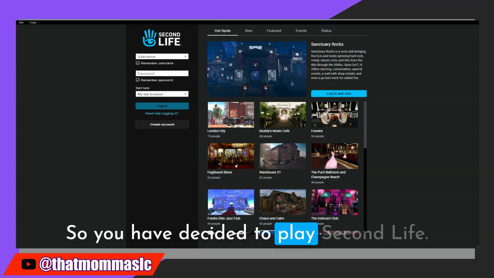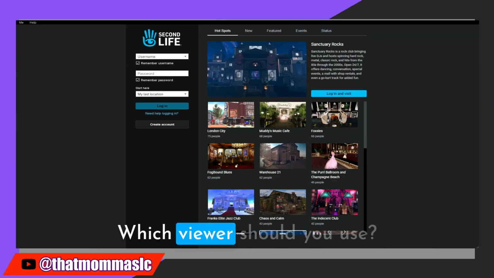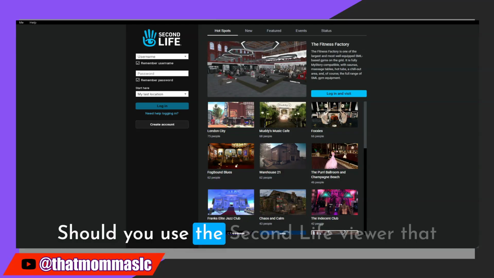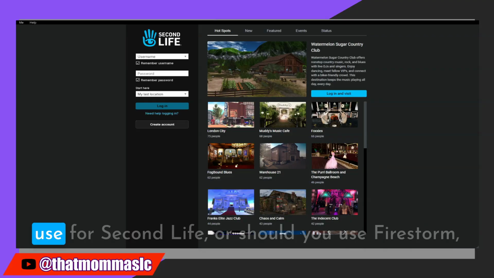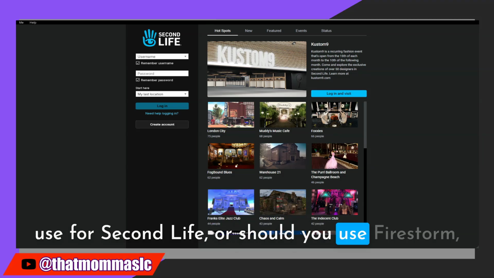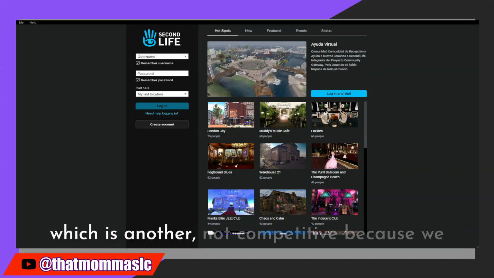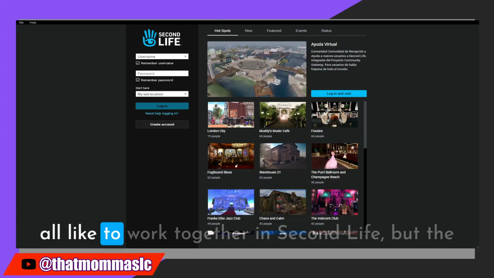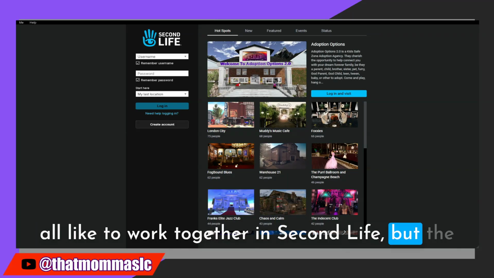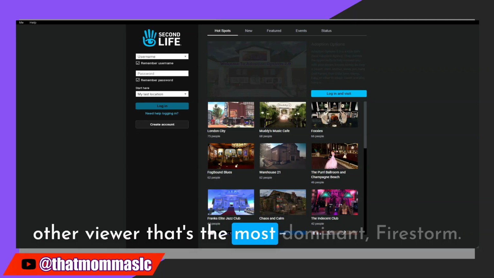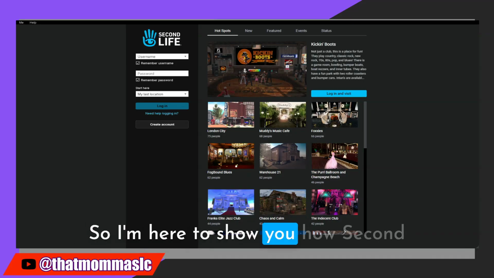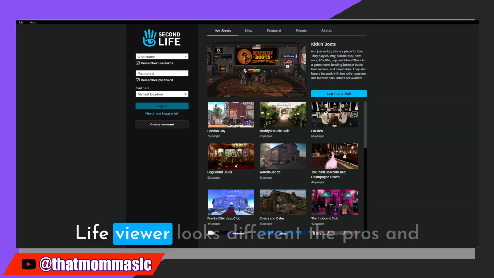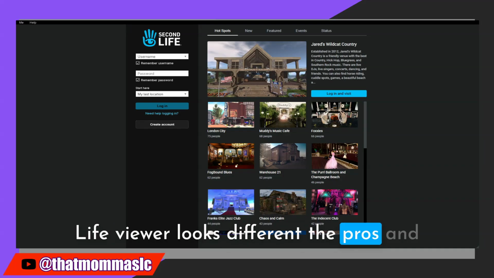So, you have decided to play Second Life. Which viewer should you use? Should you use the Second Life viewer that Linden Lab builds and offers, which is free to use, or should you use Firestorm, which is another, not competitive, because we all like to work together in Second Life, but the other viewer that's the most dominant, Firestorm. So I'm here to show you how the Second Life viewer looks different, the pros and the cons,